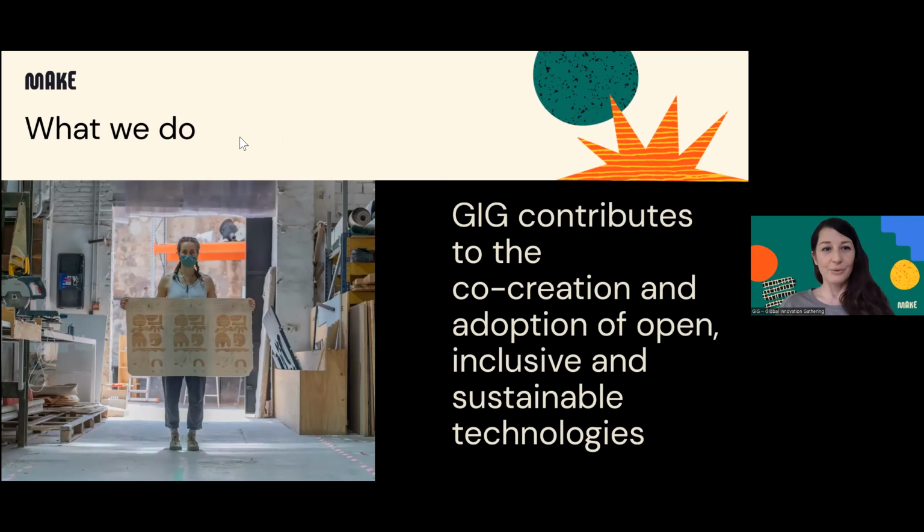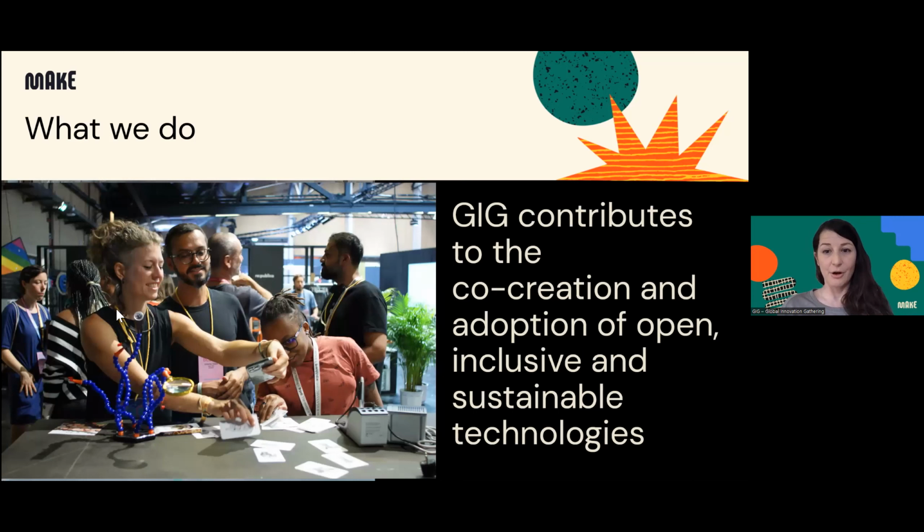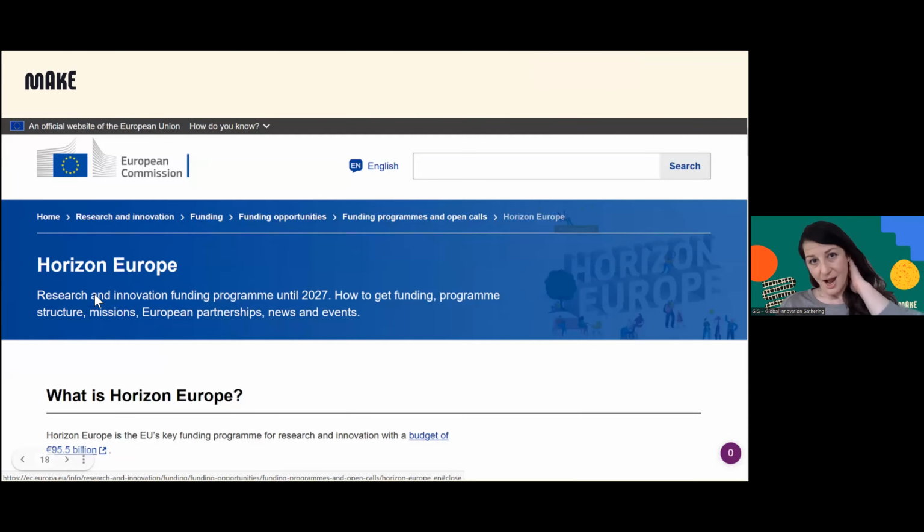So a lot of what we do is around the co-creation and adoption of open and inclusive technologies, and enabling our members to exchange the innovations they're working on with each other, and supporting them in the creation of these open resources and technologies. And we try to access different funding to do that and to provide funding to our members. Some of that comes from Horizon Europe, where we do a little bit of hacking in the friendly sense, in that we try to open up these projects also for people working in the global south and not just European-based entities,